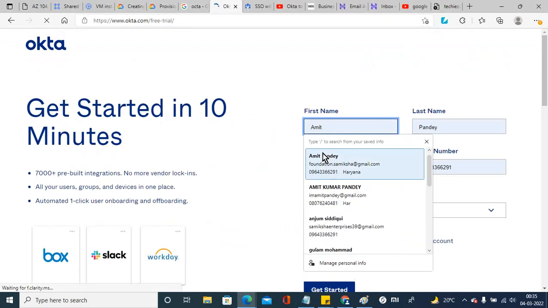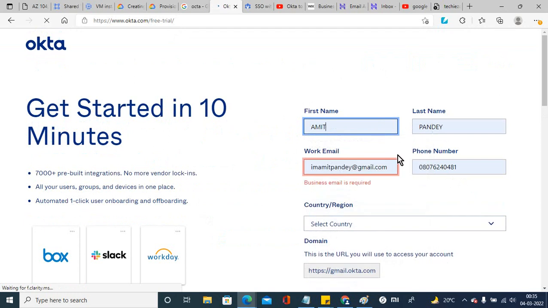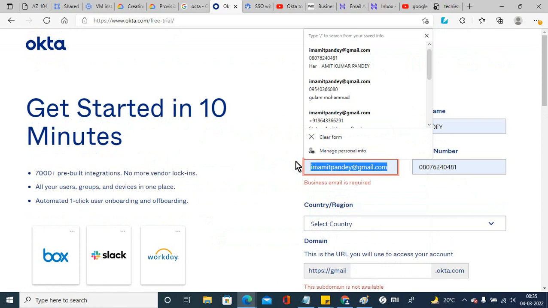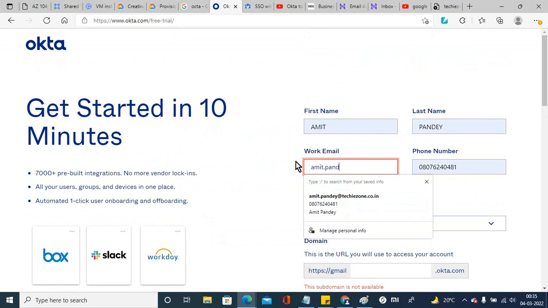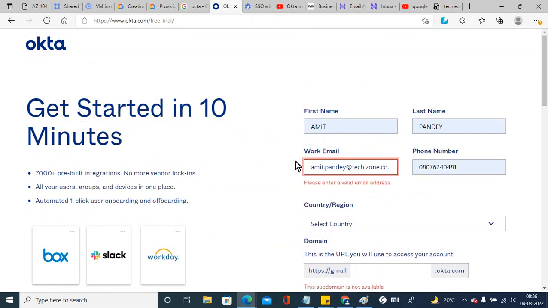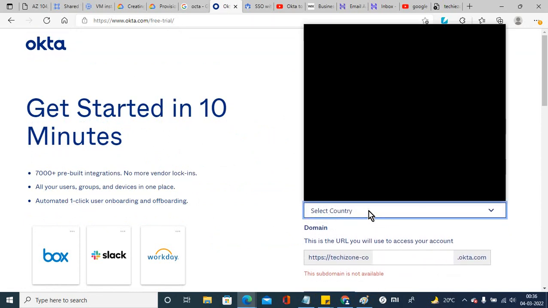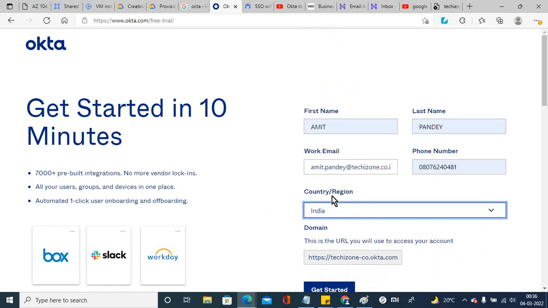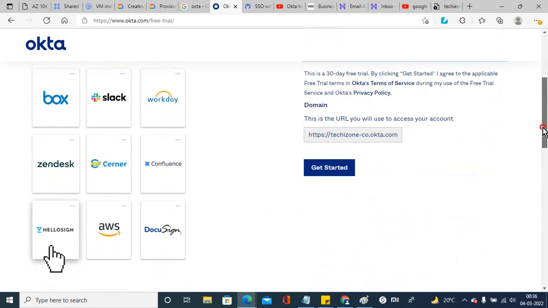Here I need to provide the details. It asks for the work email ID, which is amit.pandey@techizone.co.in. Once I do that, I need to select the region. It will provide me this detail. Just click on the startup and it will generate a